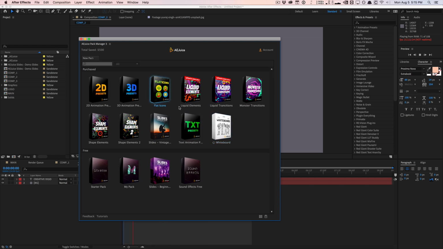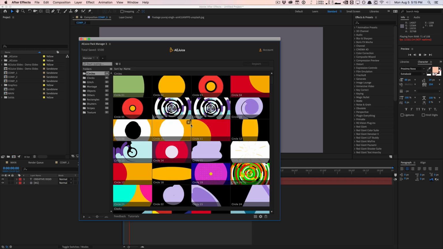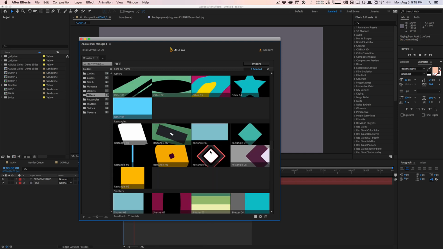I feel like these two right here are very, very niche, as well as maybe even the liquid elements. These are very, very cool elements, but I find myself not really using them so much. I think the most versatile ones that you're going to be using a lot would probably be the liquid transitions, the shape elements, even the monster transitions as well. These are more crazy, but again, very, very useful and very, very popular in motion design. So these are going to be your best bet, the most used in my opinion, compared to